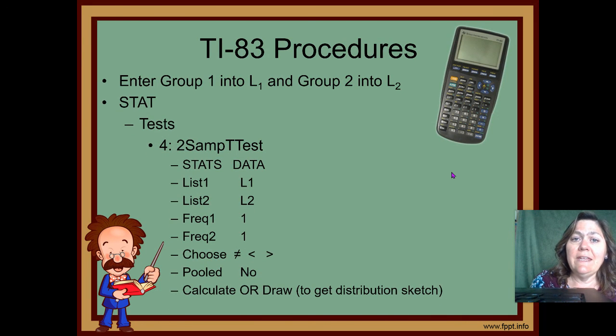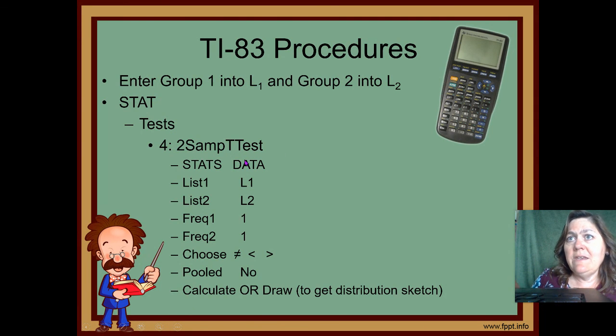Once you have that data in list 1 and list 2, now, mind you, this would be the option to choose data right here. If I have stats, then I'm going to go ahead and put in my X bar 1, X bar 2, S1, and S2 when it prompts me. But right now I'm saying, let's just say you have raw data and you need to compare the data. You're still going to do the stat tests, and you're going to go to the two sample